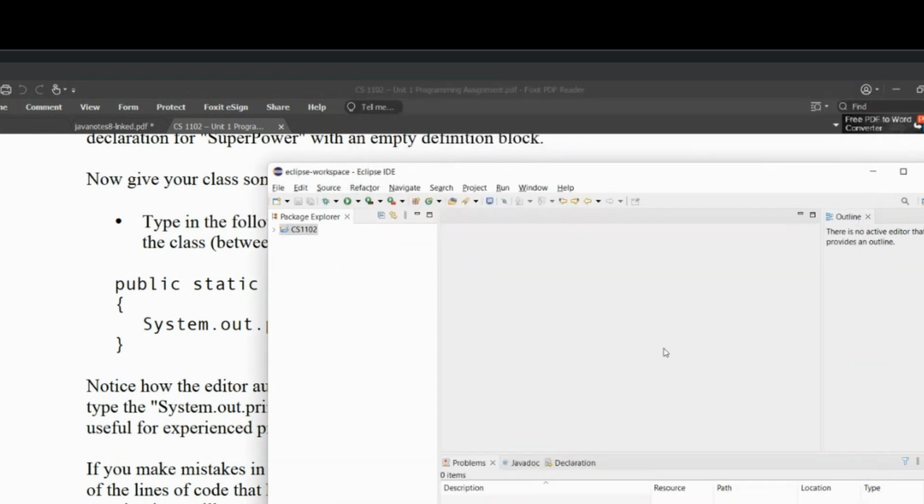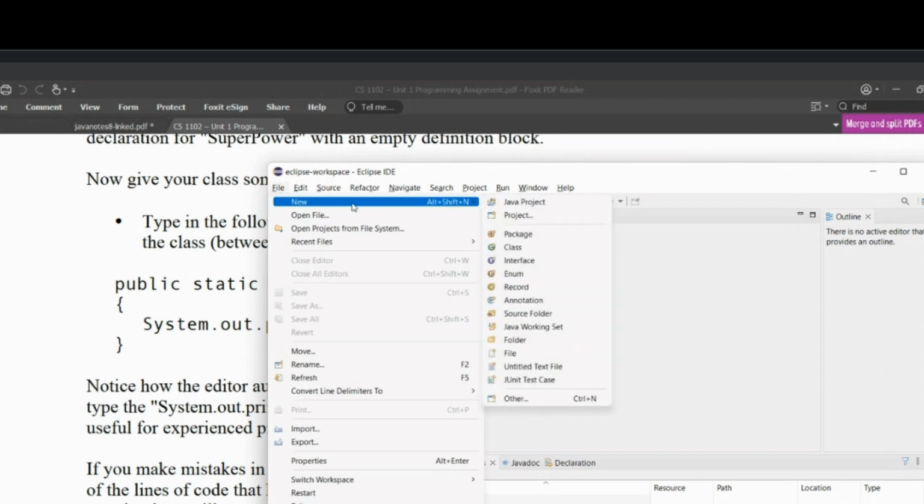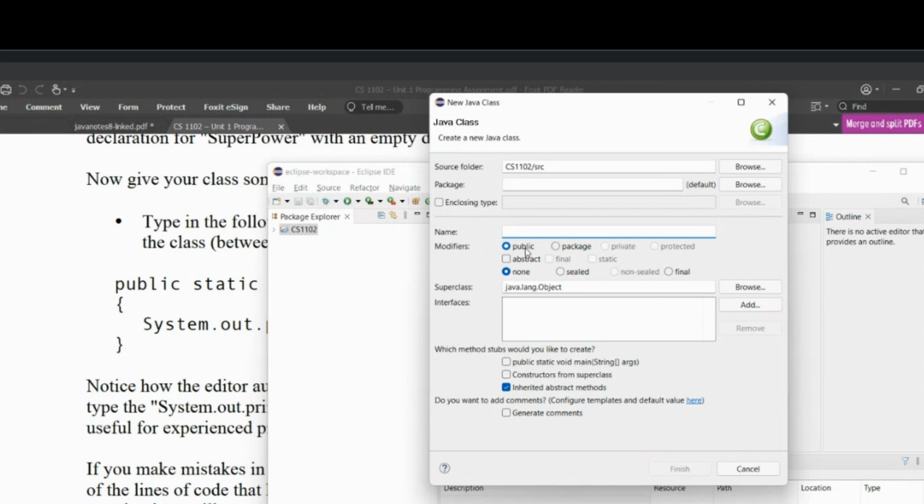Alright, good. So now let's go ahead and you can click on File, New, and then Class. Okay, and we still select the superpower. Public. Yeah, and then